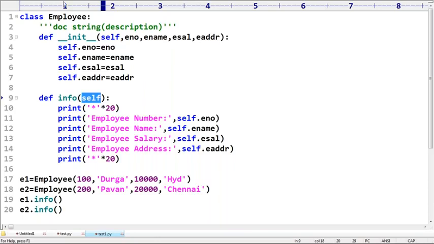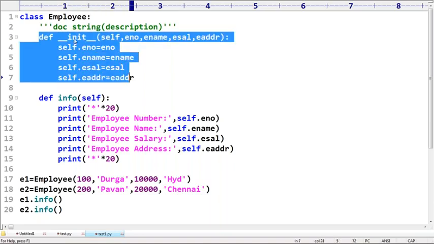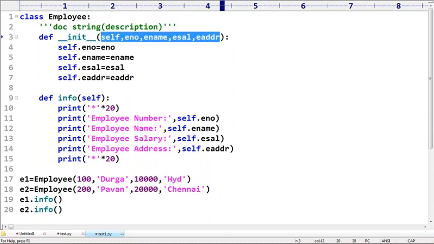Remember that. Next, this is a special method. What is the special method? We will talk about that, don't worry. This special method is taking how many arguments? Five arguments, right? Okay, well. Now the conclusion is for every instance